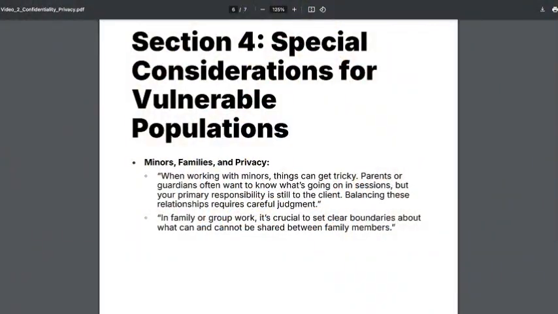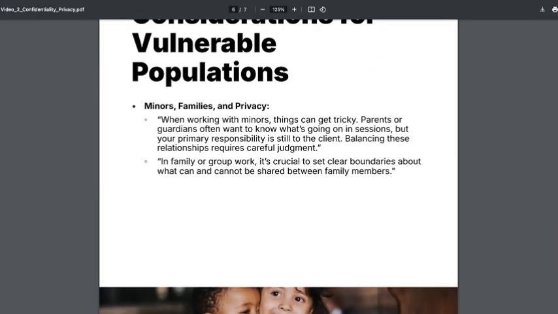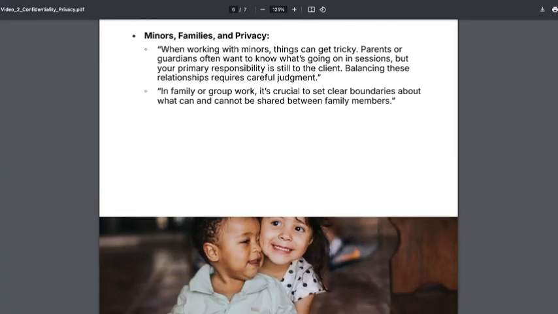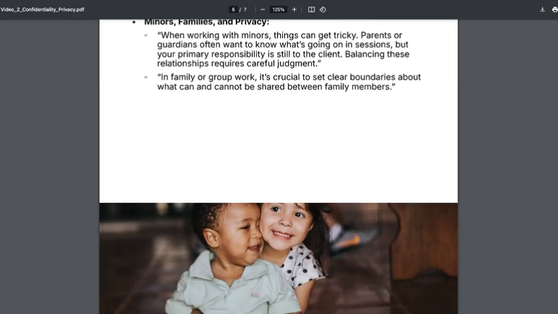Now, there are some special considerations when it comes to vulnerable populations. So I want you to hear me out and listen to this. We're talking about minors, families, and privacy. So when you're working with minors, things can be a little tricky. Parents or guardians often want to know what's going on in those sessions, but your primary responsibility is still to